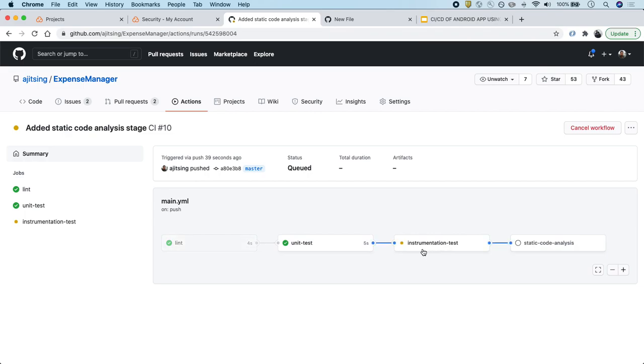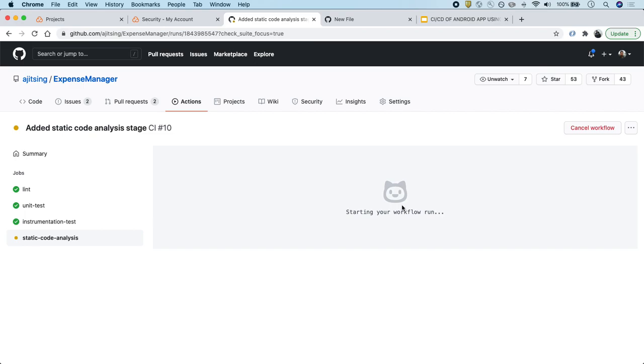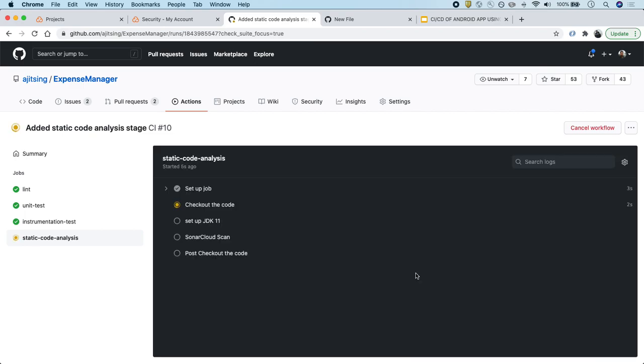So let's wait for instrumentation test and then we'll go to static code analysis and let's see how everything is running on the GitHub action. Okay, static code analysis has started. Let's click on it, go to the console.